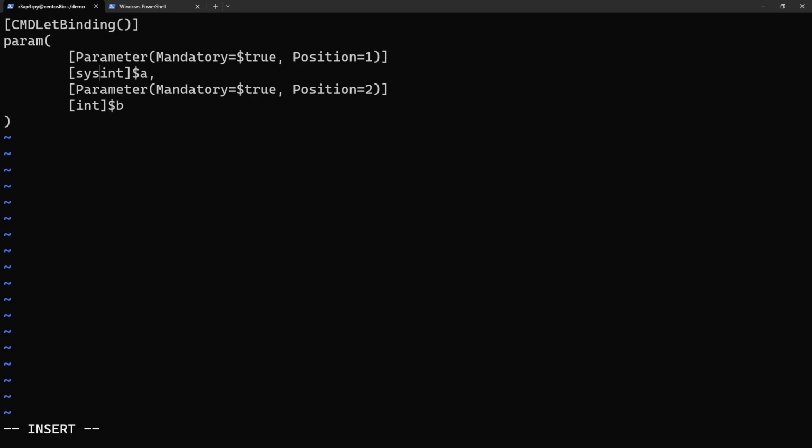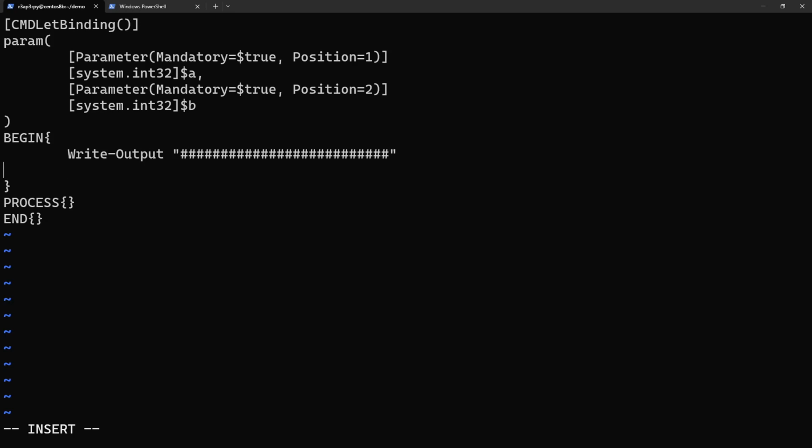System.Int32, System.Int32, and here we have 3 blocks: the begin block, the process block, and the end block. And in the begin block, what I usually do is use Write-Output and create a separator,